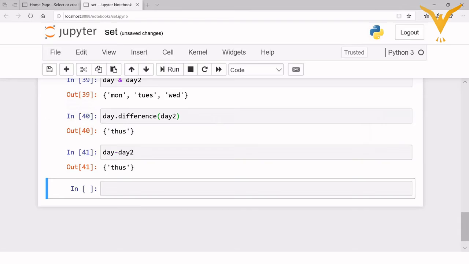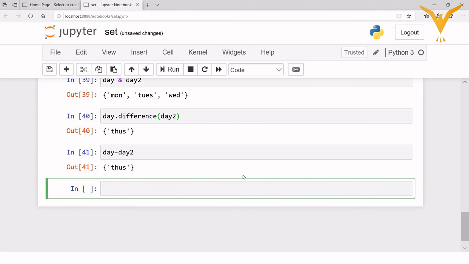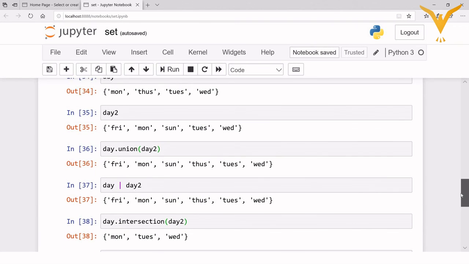Okay, next we have symmetric difference. What it does is it removes the elements which are present in both sets. So we'll write day dot symmetric difference and day 2. So this will give me Friday, Sunday and Thursday. Now let's check whether our output is correct or not.